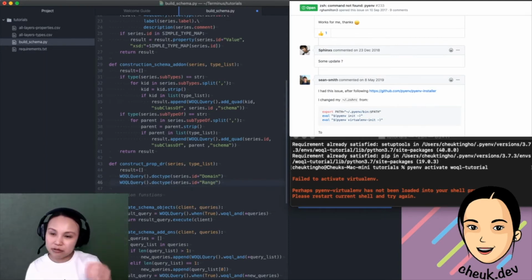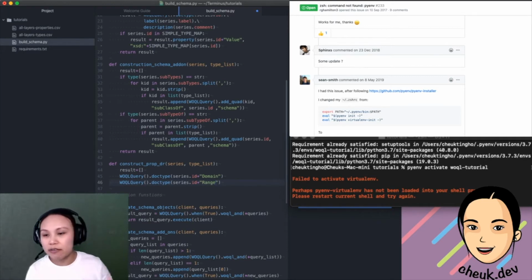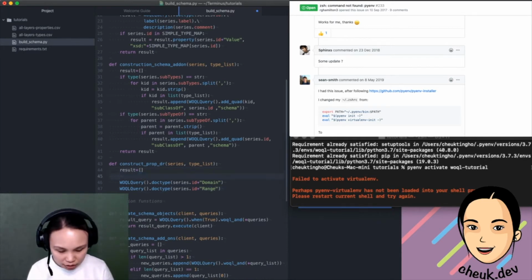So we will create a domain and an object doc type to hold the parents of the domain of the property and the range of the property. But there's a catch. If that property doesn't have a domain or a range, or even if it just has one, then we don't have to do this finicky thing, right? So we just do a check. So if this series